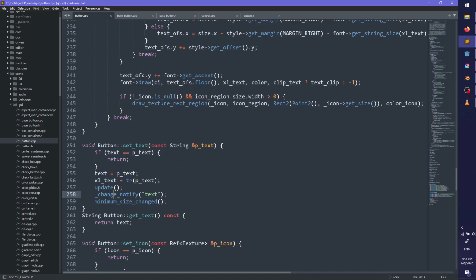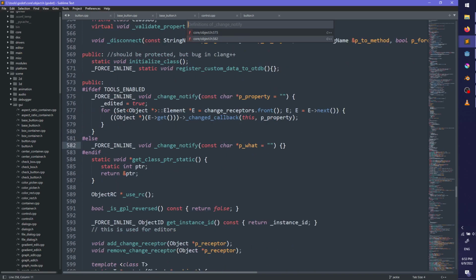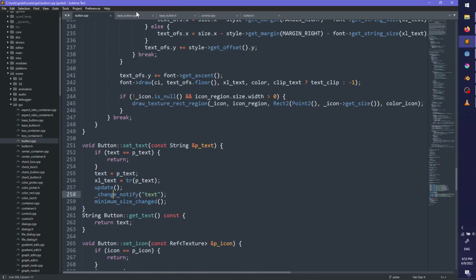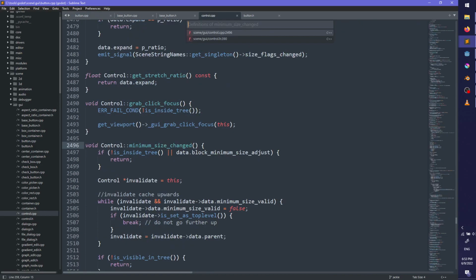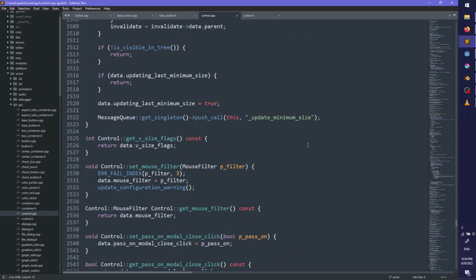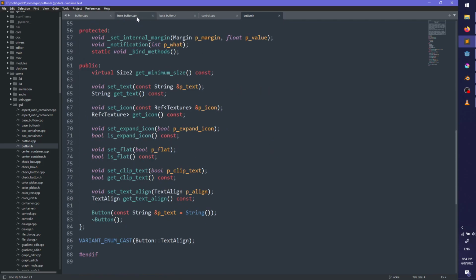Change notify text. Okay. Minimum size changed? How are buttons rendered properly then?